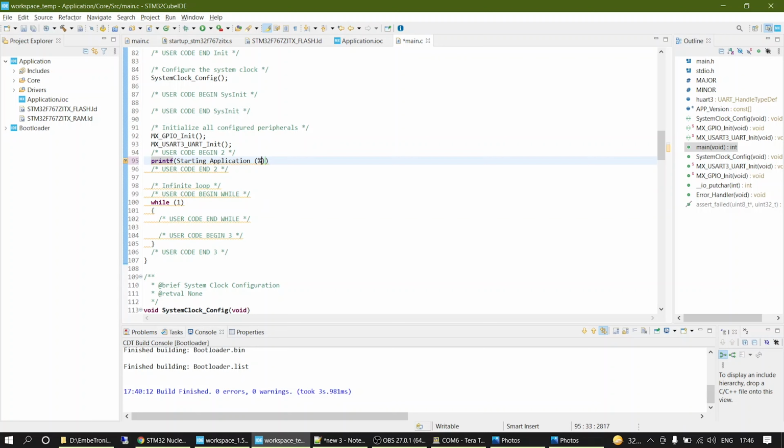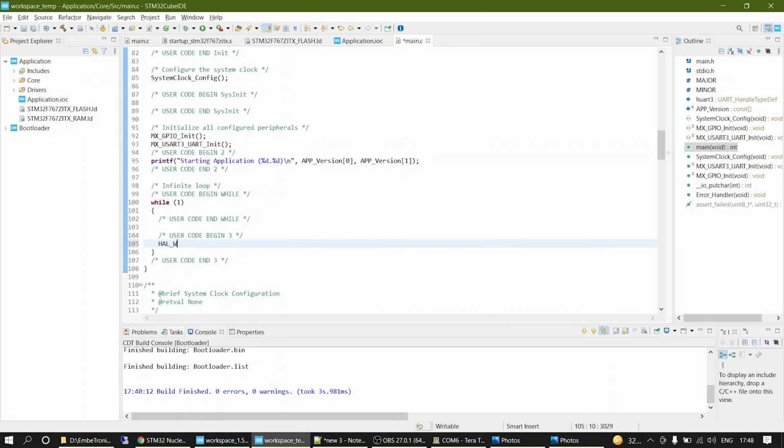Print something. In the while loop, let's blink the blue LED continuously with a 1 second delay.